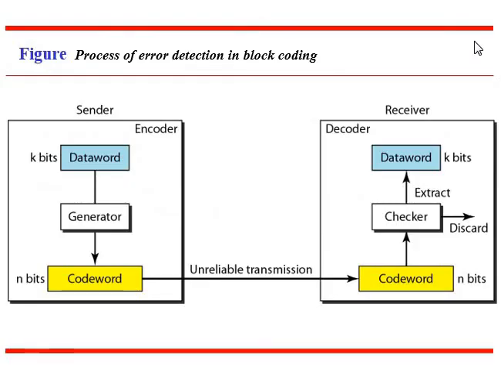So this diagram illustrates the process of error detection. The sender performs the encoding process, where the k-bit message is encoded and redundant bits are attached to it, forming the code words. Then you send them to the receiver. In the decoding process, the n bits are received, and depending on the comparison, the redundant bits are extracted from the message. If there is no change in the information, the data is accepted, otherwise it is discarded.